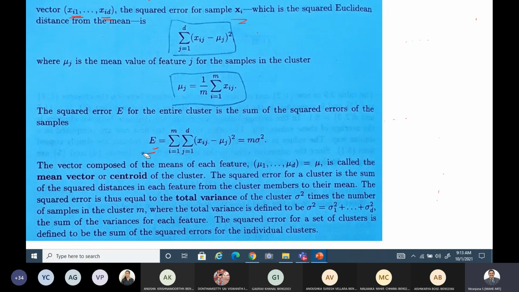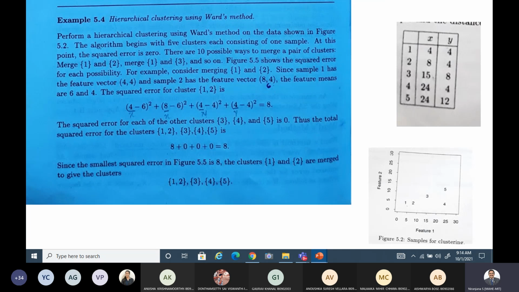Let us see now how we can make use of this. The same problem I'm taking. What is the problem? Can you recall? Earlier we took a 5 sample problem. That only I'm taking. Okay, 5 sample problem where 5 samples are given. Only the algorithm is different here. So I think this table is very clear to you. Does any one of you have doubt here?